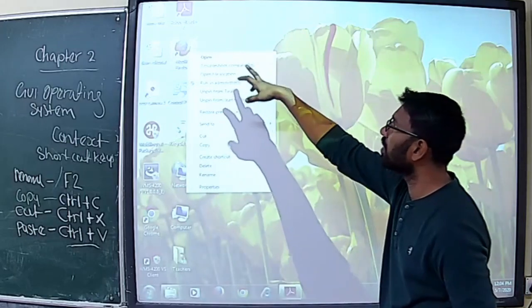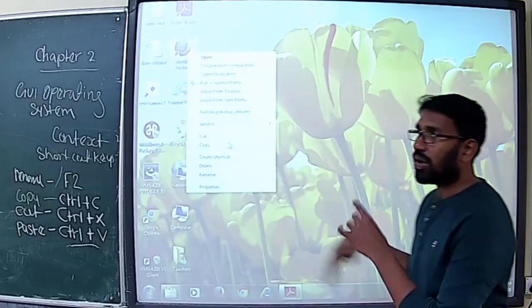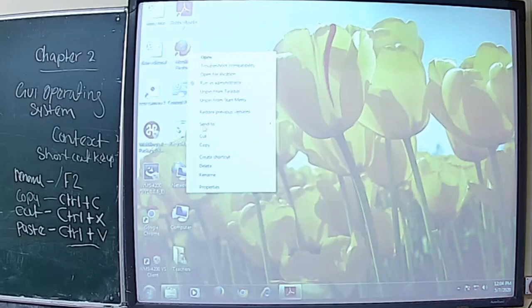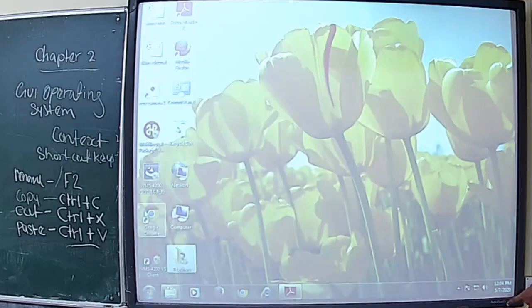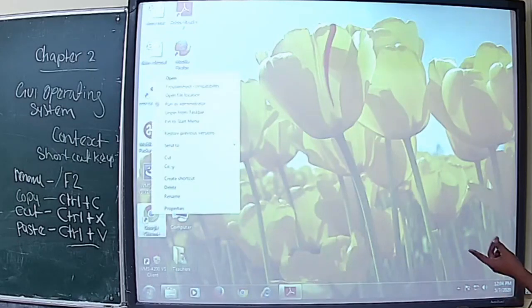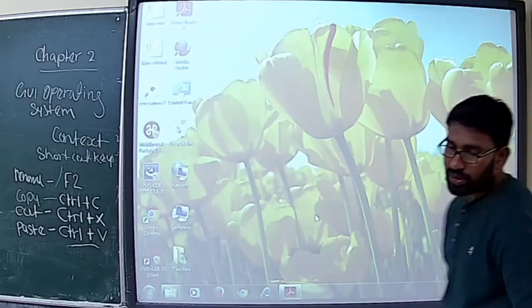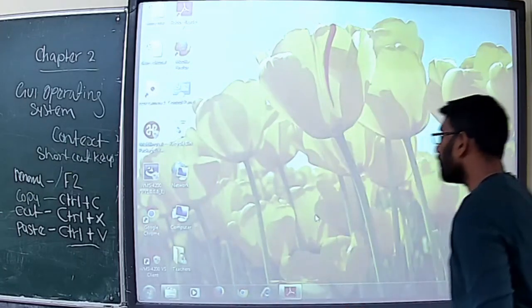If I want to open, I can choose open. So the context menu in my computer is different. If I choose the application Google Chrome, it's different: send, cut, copy, paste, and properties. Clear?